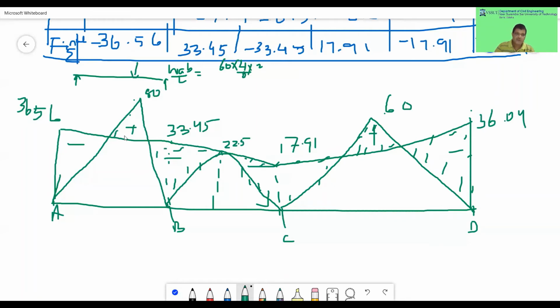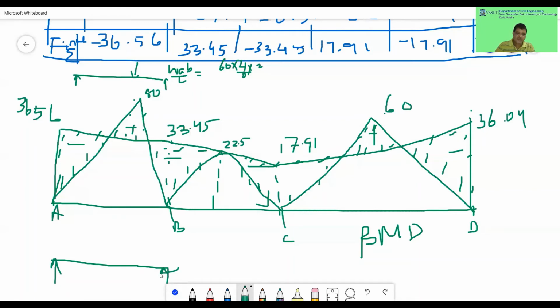So this is how you have to draw the bending moment diagram. Already you are acquainted with this continuous beams to draw the bending moment diagram. Now this will be the BMD, bending moment diagram. If you are interested to draw the shear force diagram or maximum bending moment, you have to find each span equilibrium conditions. Suppose I want AB, so I have to put like this. What is the equilibrium of AB? So equilibrium of AB will be like this way.